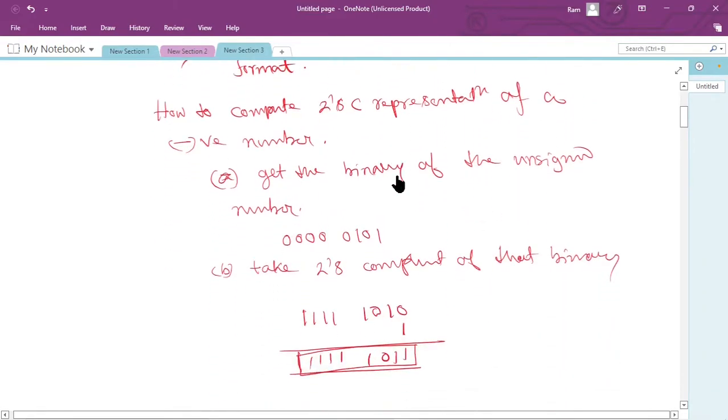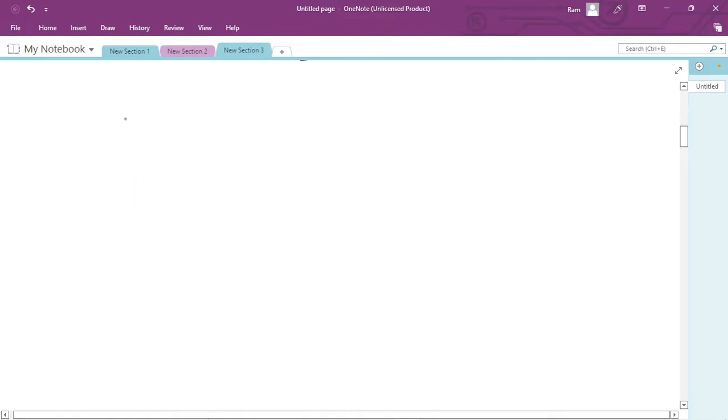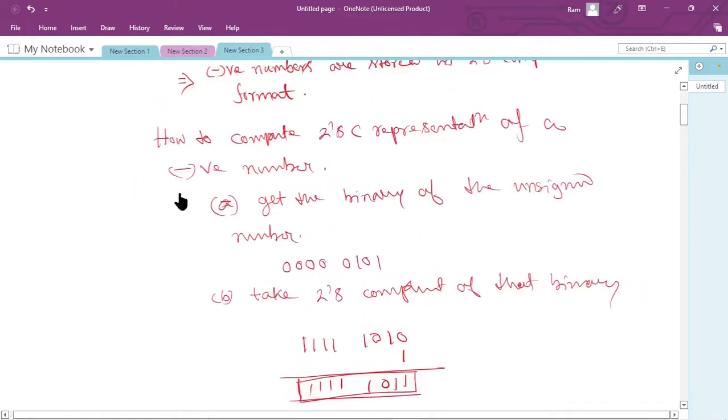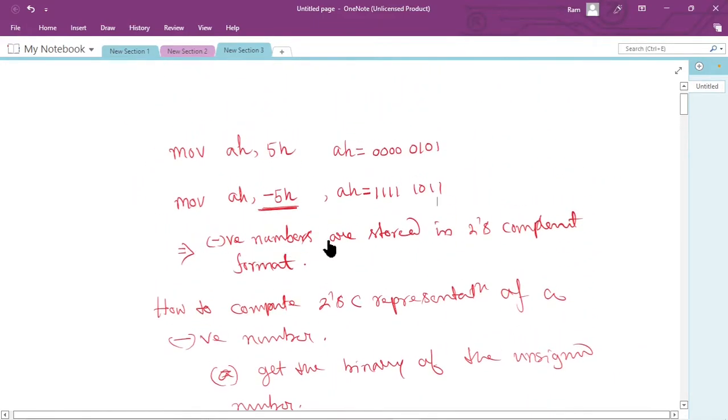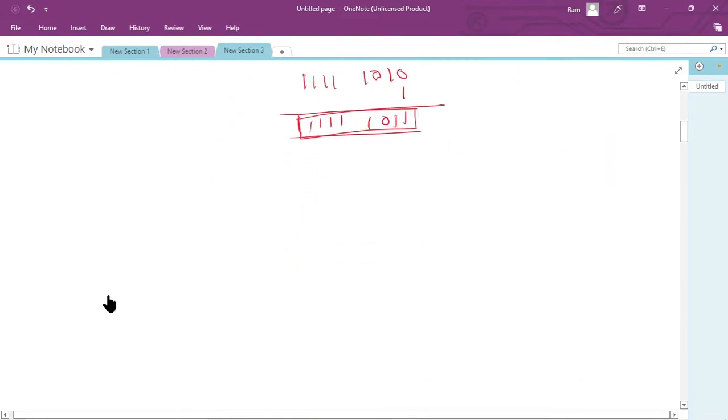Okay, if you have understood that point, then the next question is, so what point have we understood? We have understood that negative numbers are stored in 2's complement format. That we have understood, right? Then the next question is, how do we know? Let me use a different color for a change. So, given a bit pattern, now the next question is actually